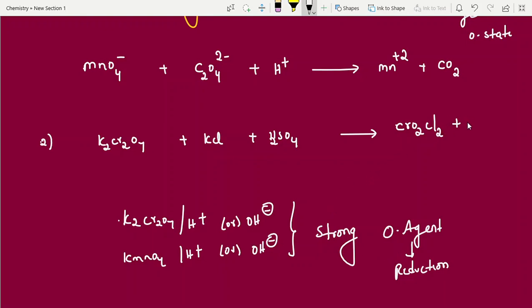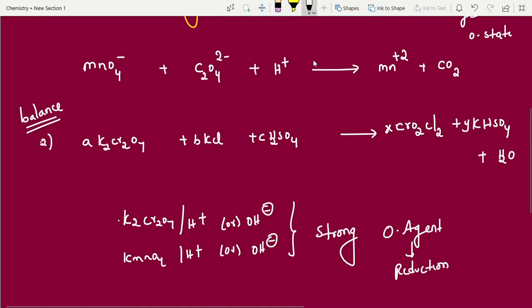Okay. Next one, CrO2Cl2. Complete this one. KHSO4 plus water. Okay, you have to balance this reaction also. This is the molecular form. They have given here A, B, C, and what about this X, and this is Y. Like that they have given. Now, can you try this one? Can you try this question? How to write the ionic form?